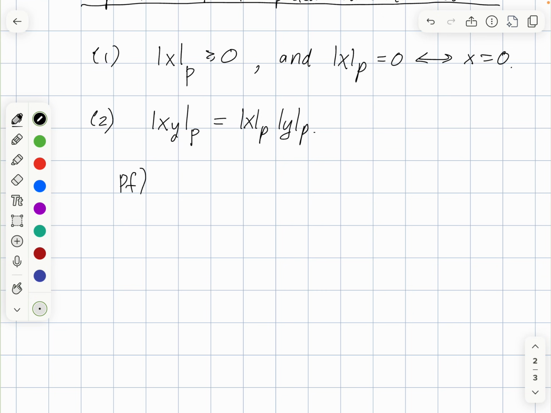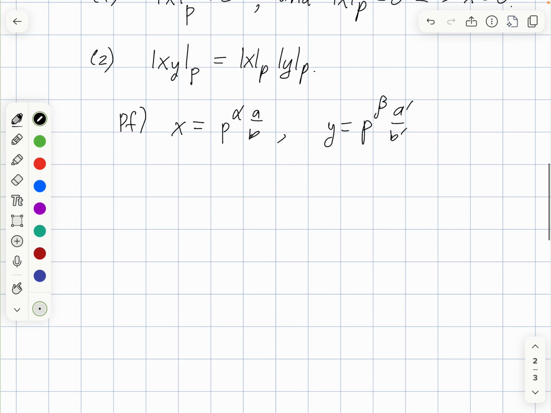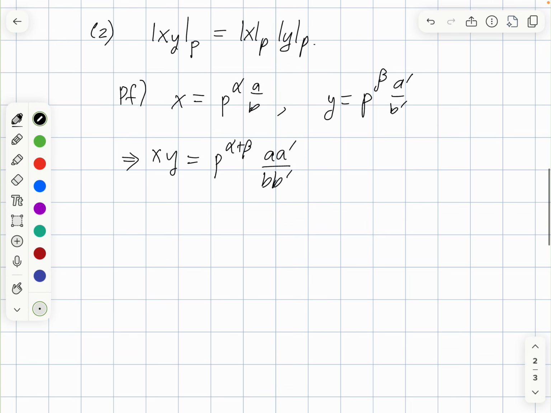If you write x as p to the alpha times a over b, where p doesn't divide a or b, and y as p to the beta times a prime over b prime, where p doesn't divide a prime or b prime, then xy is just p to the alpha plus beta times a prime over b prime, and p doesn't divide a prime or b prime,